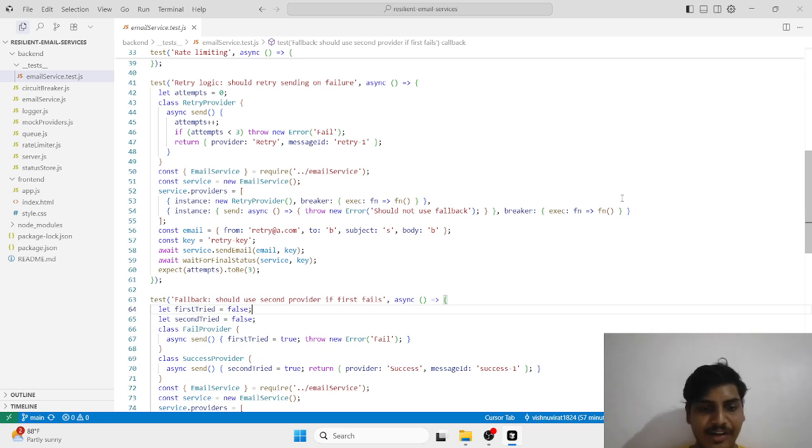I'd like to introduce a project. I built a resilient email sending service in Node.js. The system is designed to send emails reliably across multiple providers with built-in mechanisms like retry logic, fallback handling,